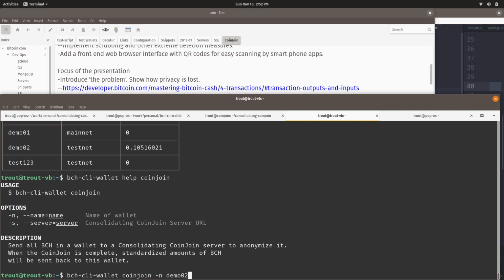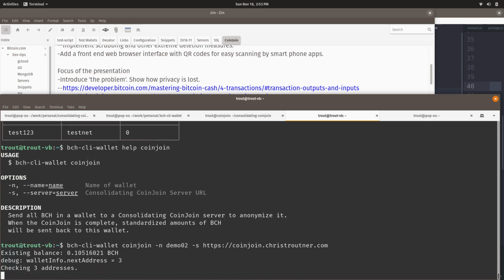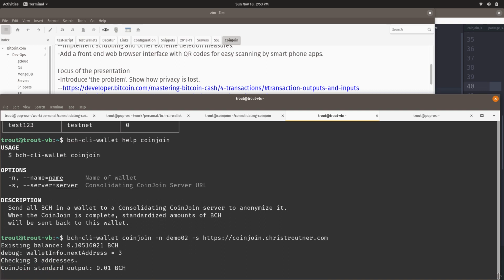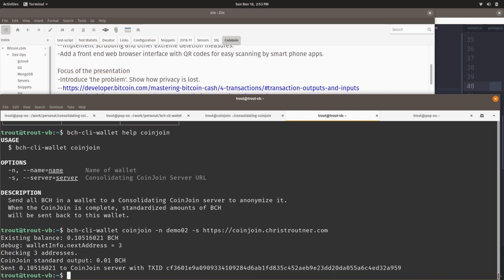The name of the wallet I'm going to use is Demo02, and the server I'm going to use is https://coinjoin.christroutner.com. So that just sent all the money in the wallet to the CoinJoin server.